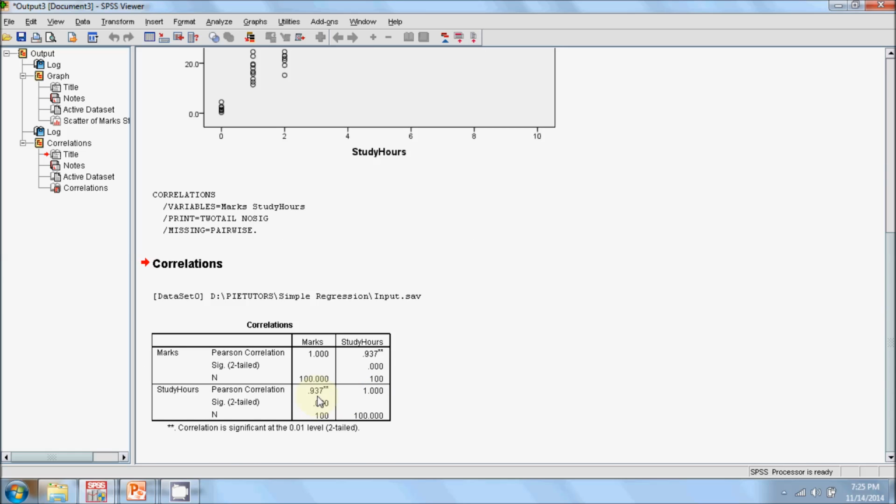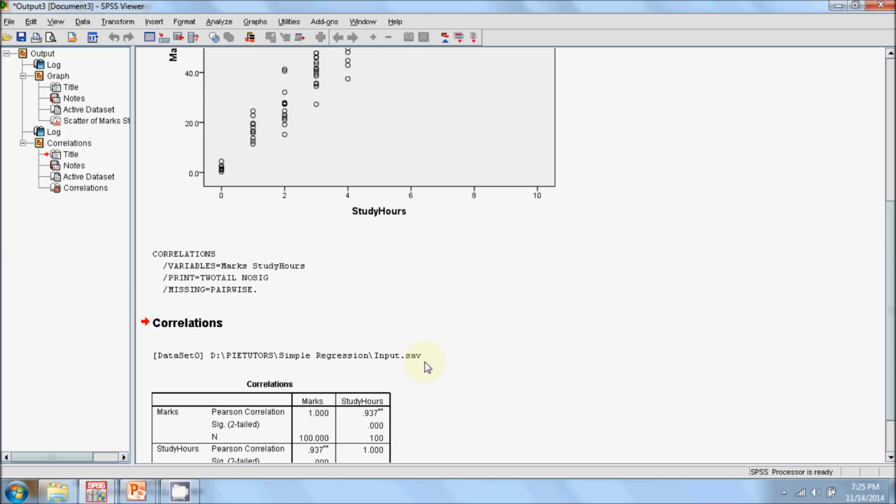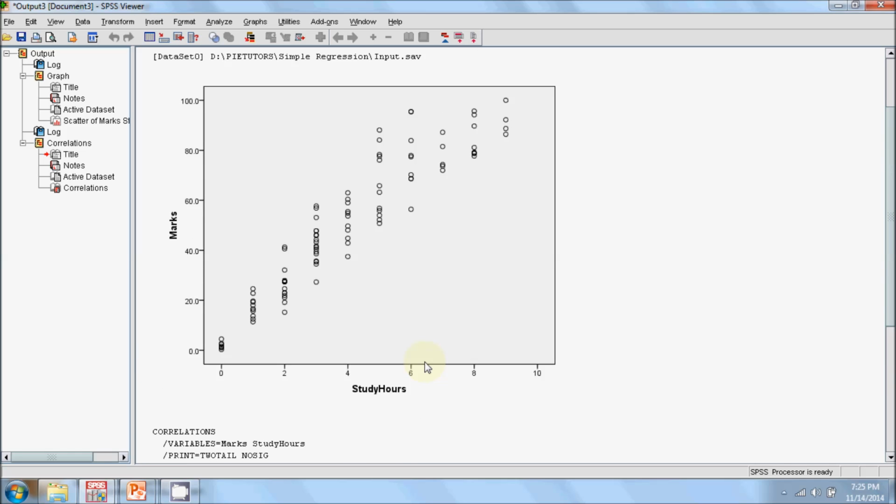We can see that the correlation coefficient is very high, so the strength of association between the variables is very high, and we can see that the sign of the correlation coefficient is positive. So we can say that these variables are positively correlated, or if one variable increases, the other also increases.